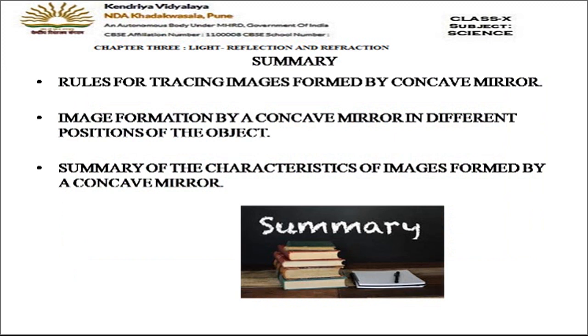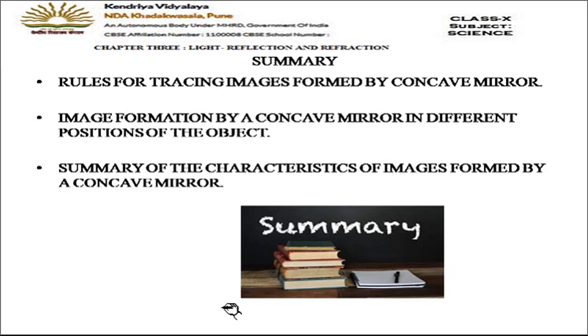Fine. So what we have done today, let us summarize. So we have seen all the rules. How many rules we have done, children? 4 rules. Okay, so what was first one? That whenever a ray which is parallel to the principal axis gets reflected, it passes through F. What was second one? If the ray of light passes through F, then after reflection it becomes parallel. Then third one was, if the ray of light passes through C, it retraces the same path. And fourth one was, if the ray of light gets oblique to the mirror and touches the pole, then it follows the laws of reflection and gets obliquely reflected.